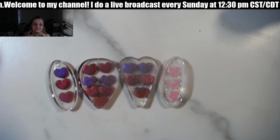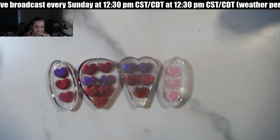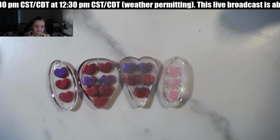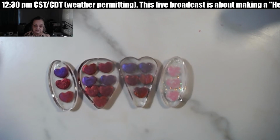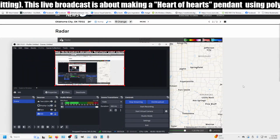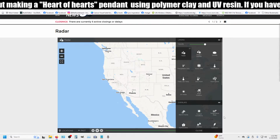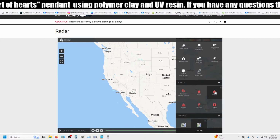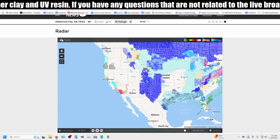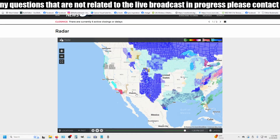And yeah, let me show you something before I go. Now they say again 12, not 9 anymore. But why I was asking how's the weather with each of you, if you give me just a second. Let me show you. So this is an interactive radar, and if I put in all the winter advisories and other advisories, you can see why I was asking, because all the way down to Florida, freeze watch, freeze warning, cold weather advisory,